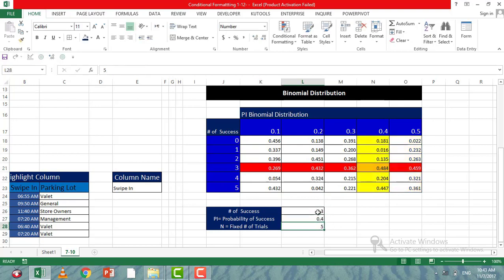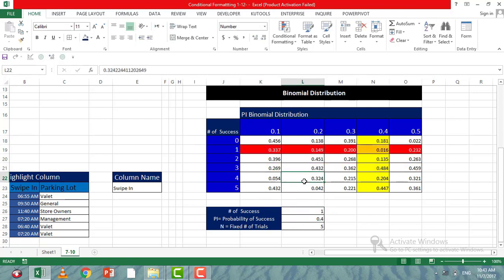What if I change to 0.3? It's working very good. So thank you very much for watching this conditional formatting example,